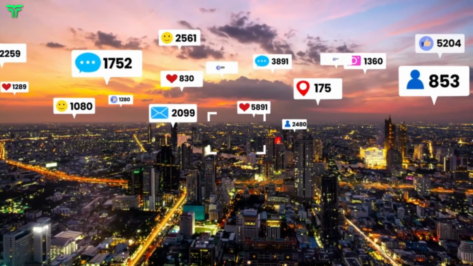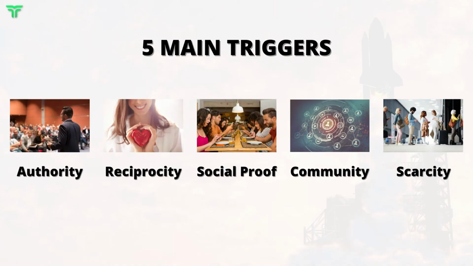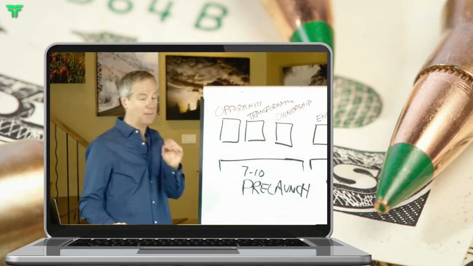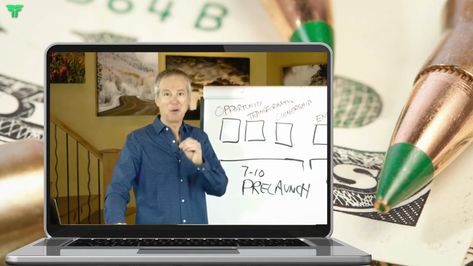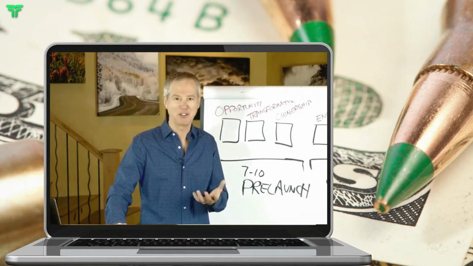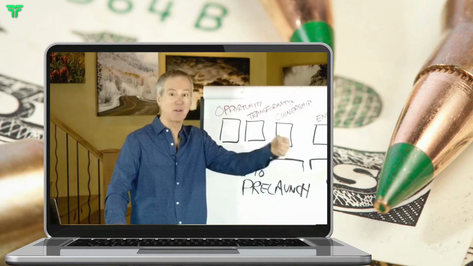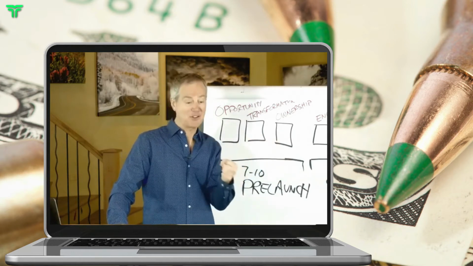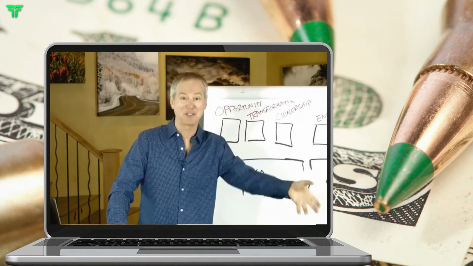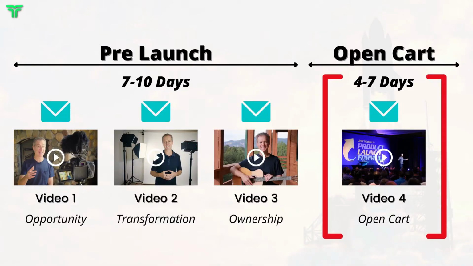Now, another really powerful trigger, closely related to social proof, is scarcity. When there is a limited amount of something, we tend to want it more as humans. This goes back to the days when we were living in caves and there was one thigh bone left. We made sure we got really interested in eating that one thigh bone before we had to go kill another mastodon. So scarcity comes into play here in the open cart.